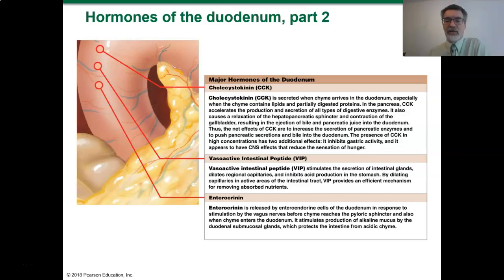The enteroendocrine hormones are also released by these enteroendocrine cells in response to stimulation of the vagus nerve, right? This happens before the chyme reaches the pyloric sphincter, and helps with chyme entering the duodenum. They also help produce an alkaline mucus that can help protect the intestines against the high acid level entering from the stomach. So you can see there are lots of important hormonal components of the intestines that are important for aiding in digestion,